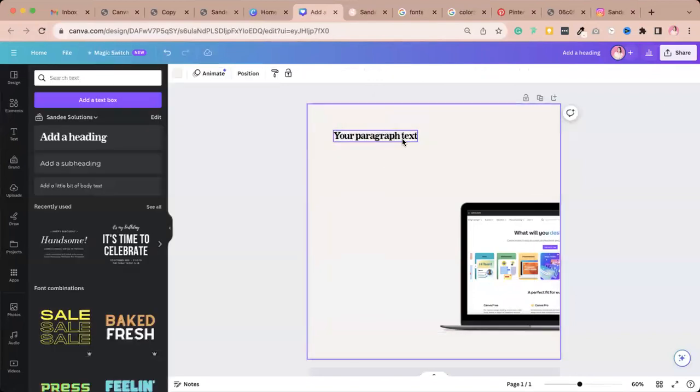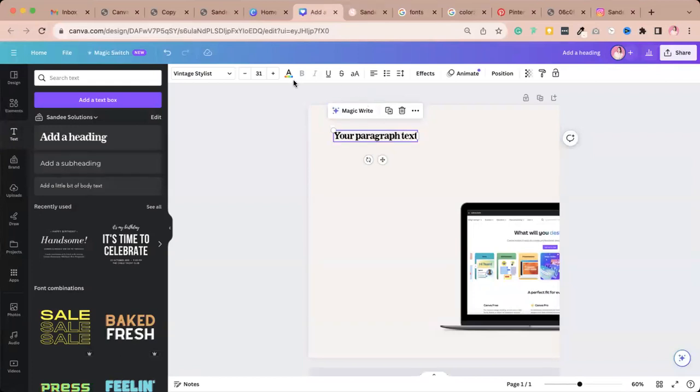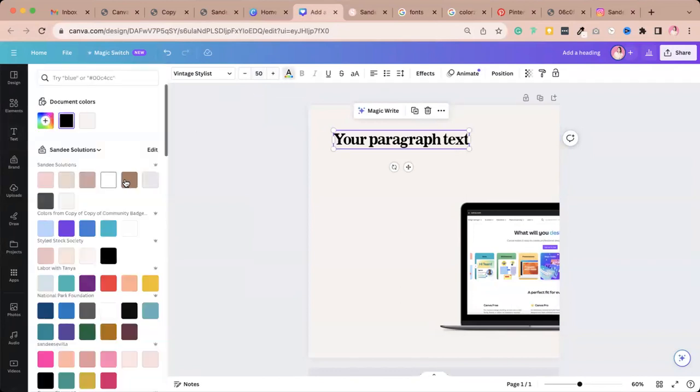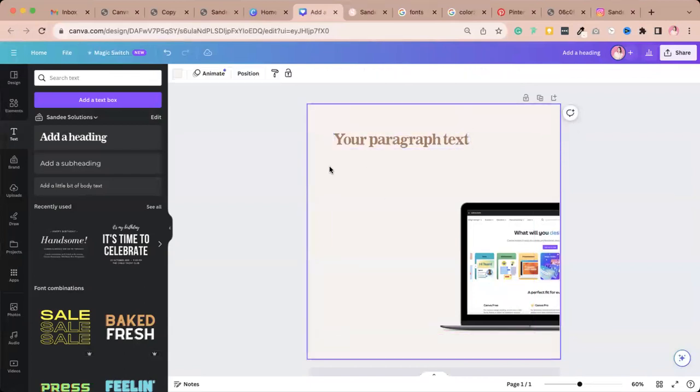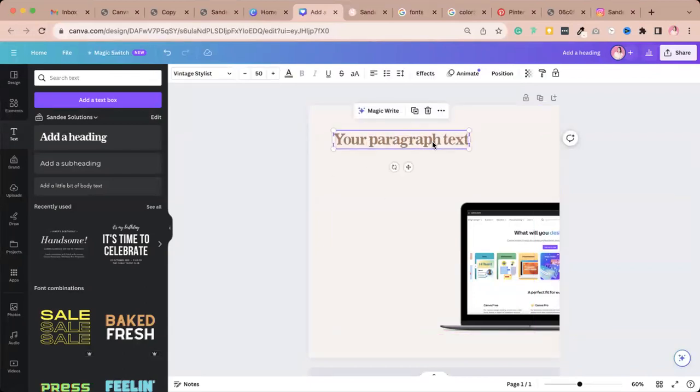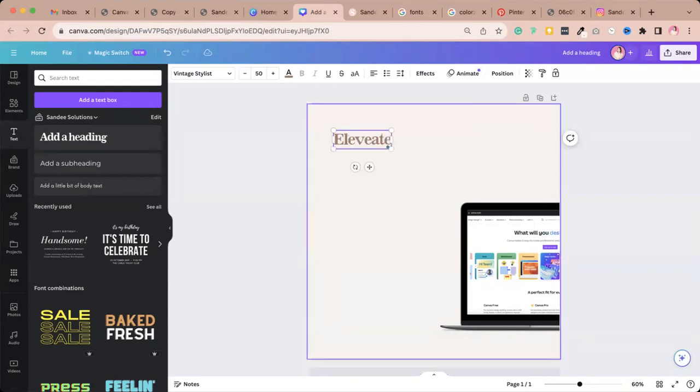And then I'll just make it bigger to probably 50 and change its color to the darkest one aside from black or gray. So as you can see, it's still readable. Then I'll just say here, elevate your